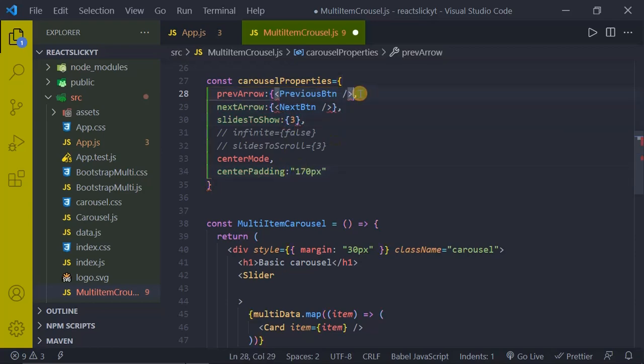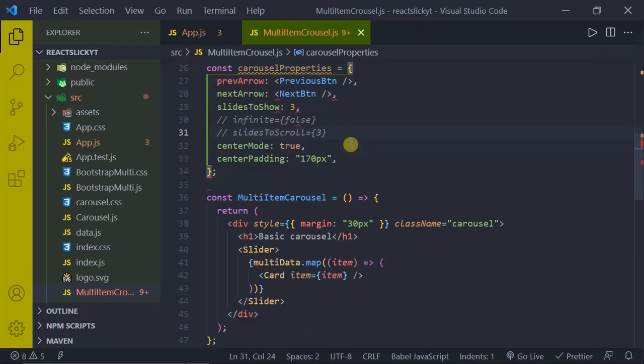We don't want these braces anymore, and we have to set this prop to true. Now everything will be fine.